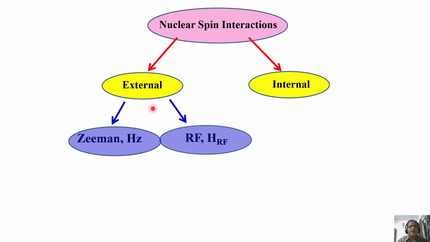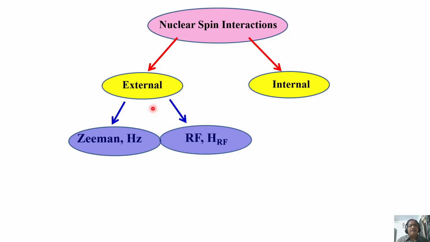Second, you remember, you put the sample in a magnetic field, the spins get aligned. That's fine. That is the first external interaction. And we understood what is magnetization, everything, bulk magnetization. But we also discussed, for the detection of the signal, we have to perturb this. We have to create a non-equilibrium situation because bulk magnetization will be thermal equilibrium, so it is static.